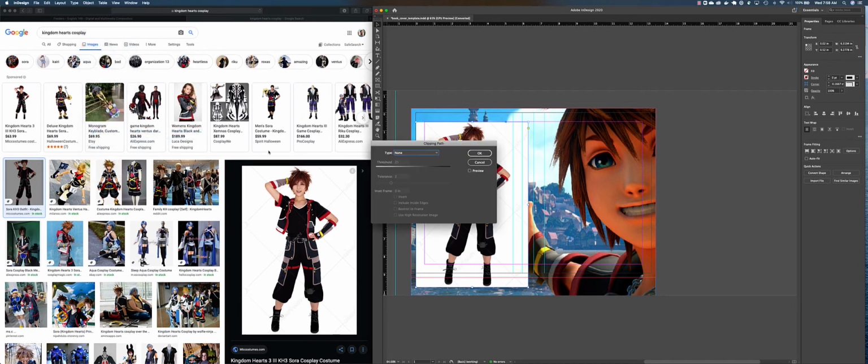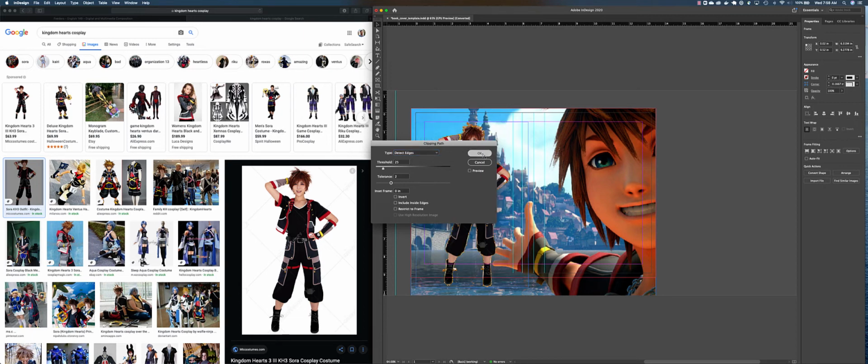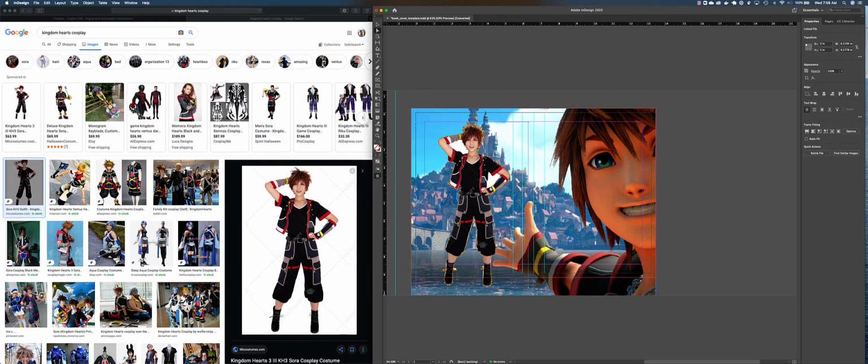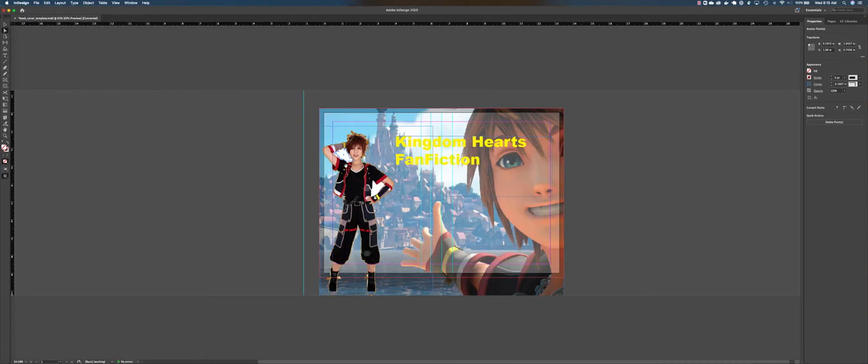Okay, and underneath Type, you're going to say Detect Edges. And just leave all of those defaults the same. So you're going to press OK. And you're going to see, for the most part, it gets rid of that white.